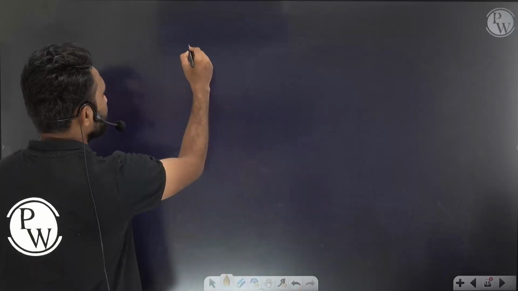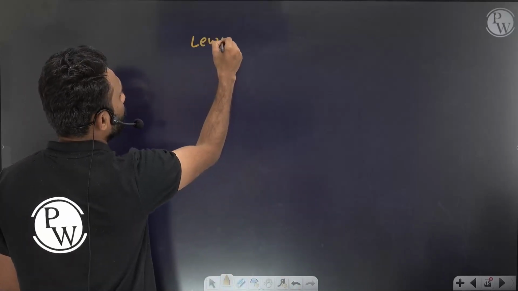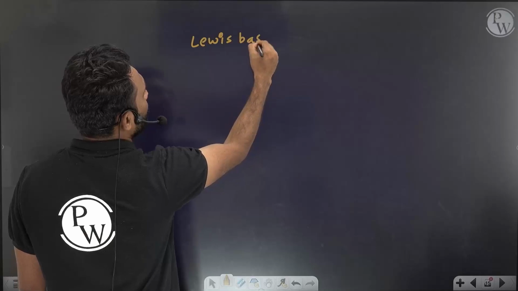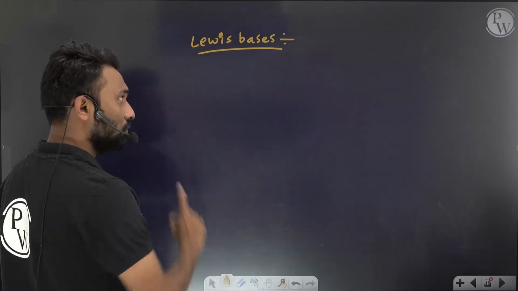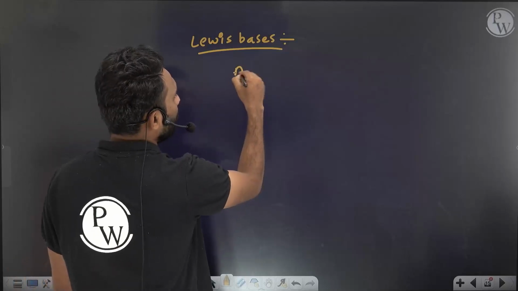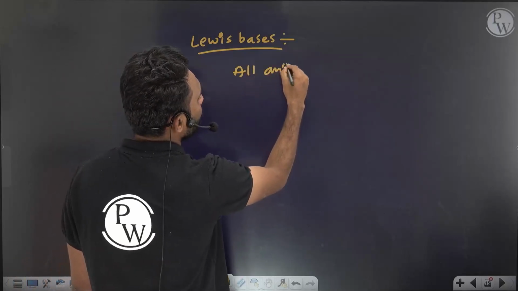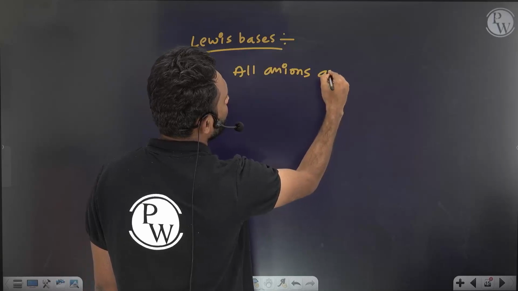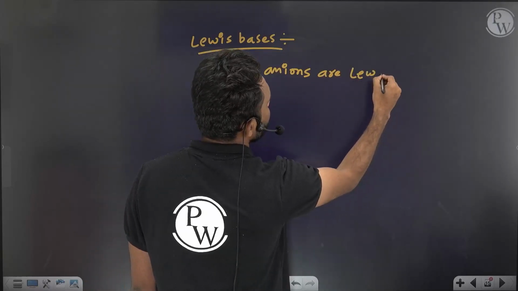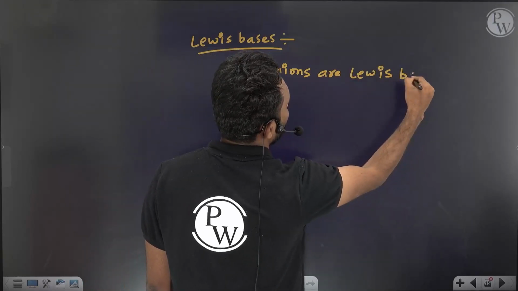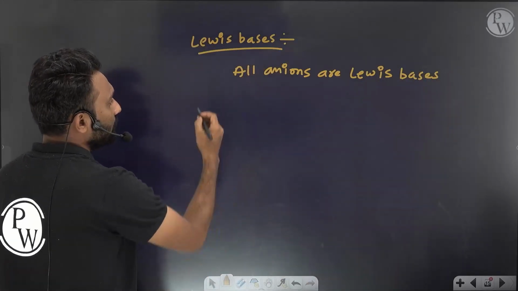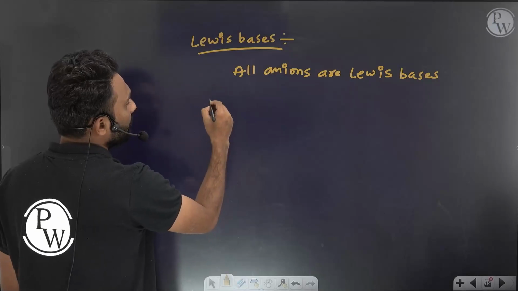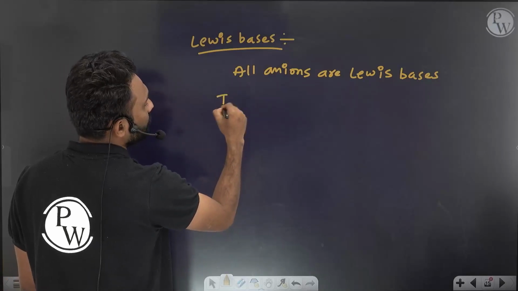Lewis bases. Now what are the Lewis bases? All anions are Lewis bases. All anions are the Lewis bases. Okay. Next,